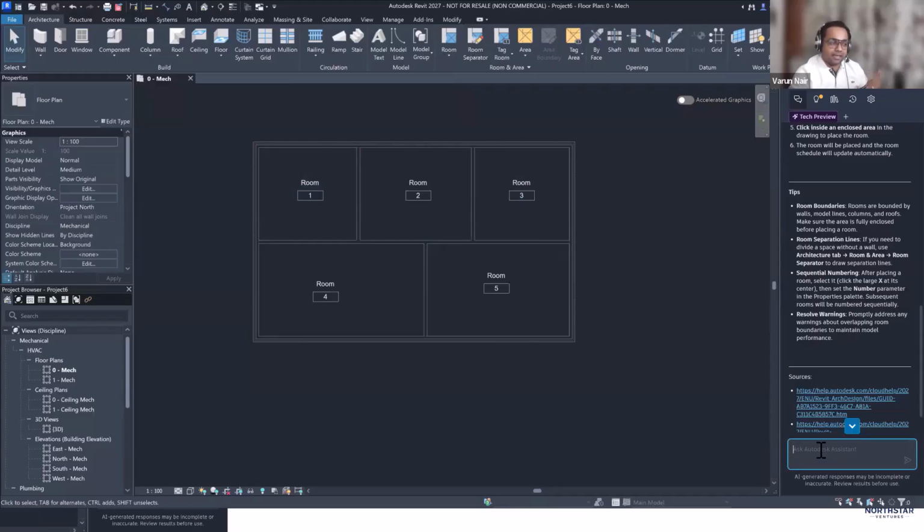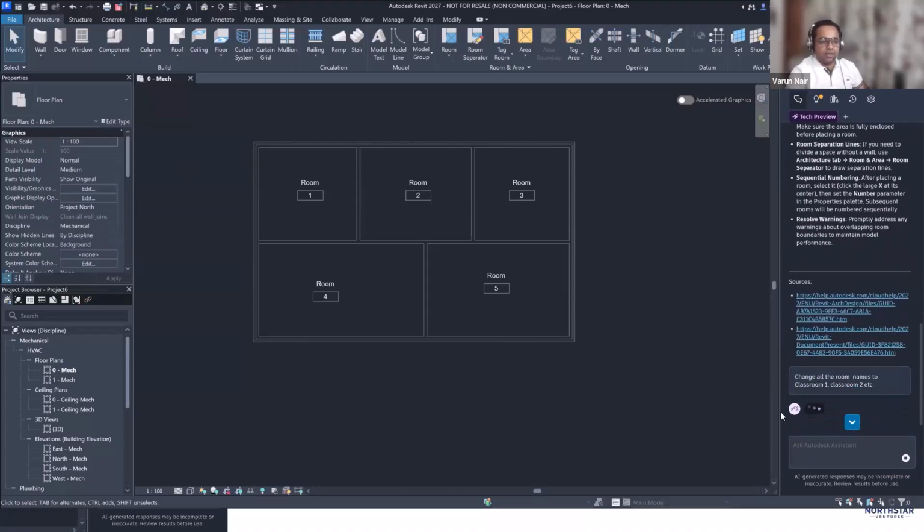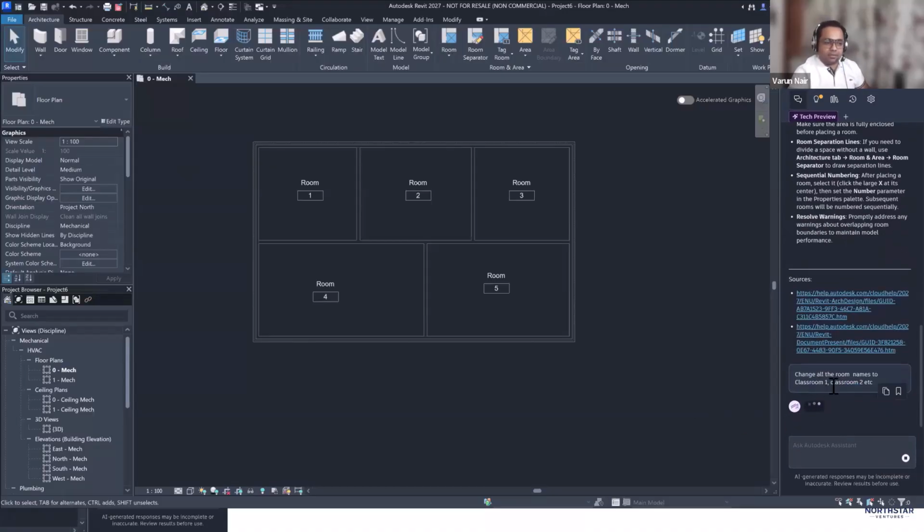Now let me ask something else to the Autodesk assistant, the AI assistant. Let me say, "Change all the room names to classroom 1, classroom 2, etc." So I just asked that: change all the names of the rooms to classroom 1, classroom 2, etc. Now if I send this chat to the AI assistant,